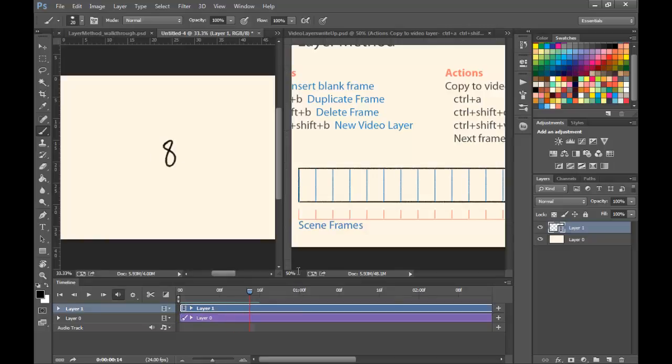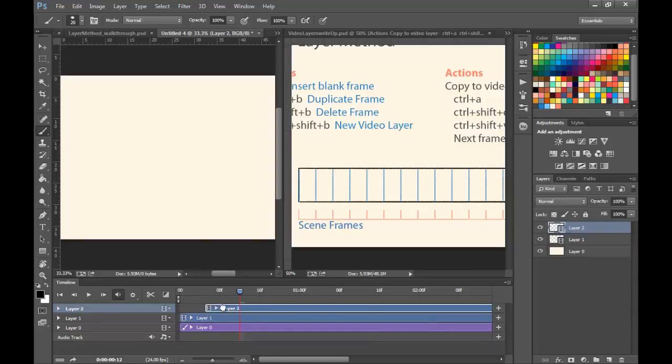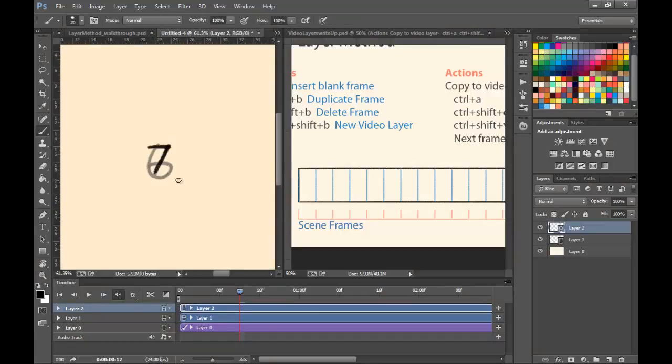So you can see now you can't put one in there. So what you can do is cut this frame with Control X. Now if I create a new video layer above it at 24, this one's going to be at 24 frames per second, and I can say 7.5,